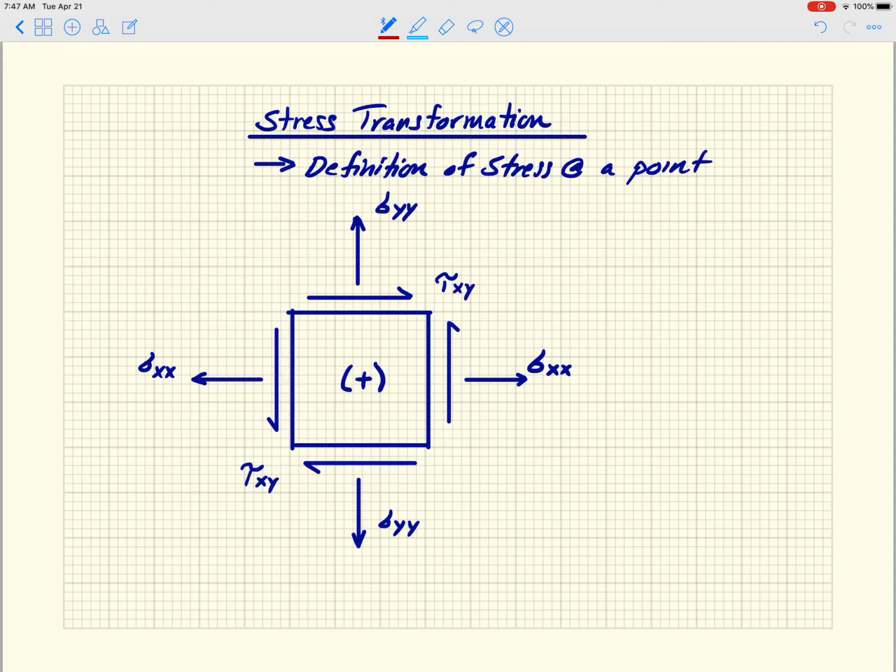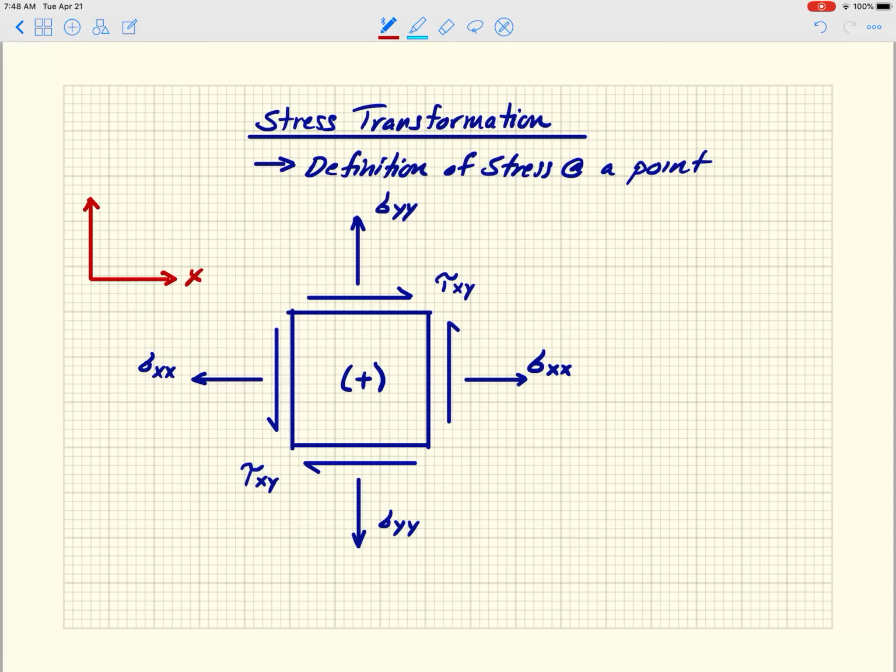As always, I'm going to start more on the theoretical, conceptual side, and then we will finish up probably in a few lectures with a number of examples of how we apply some of these concepts to a particular problem. All right, so we're going to start with revisiting this definition of stress at a point. And one of the things that I want to stress is